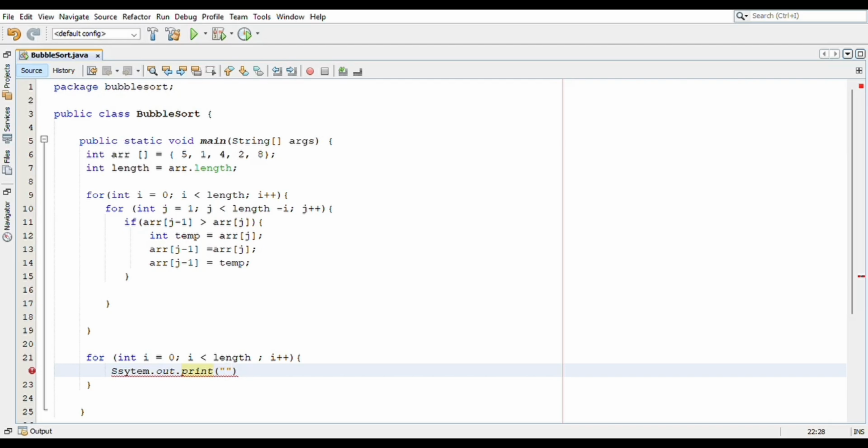So we have sorted array, then what I will do is use array i and then separated by space character over here.